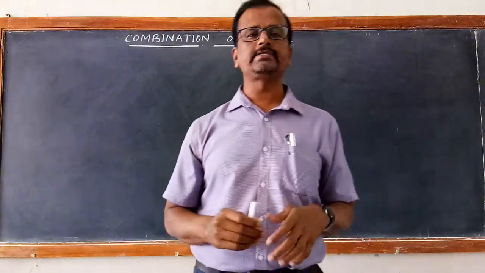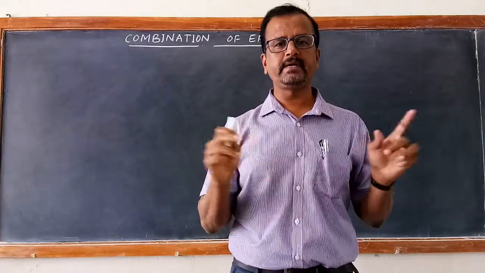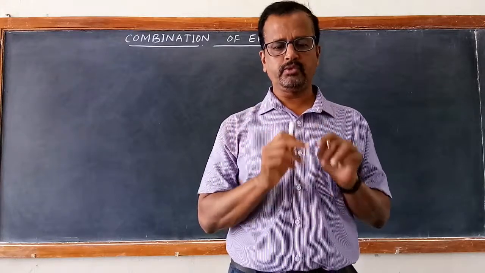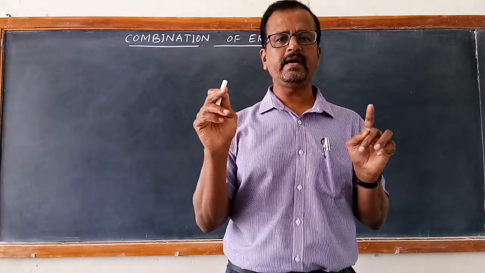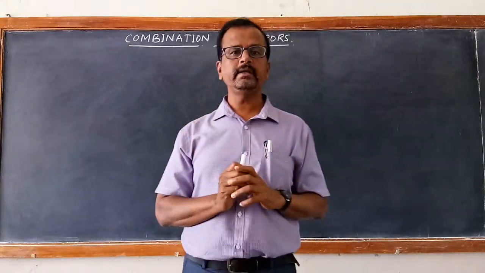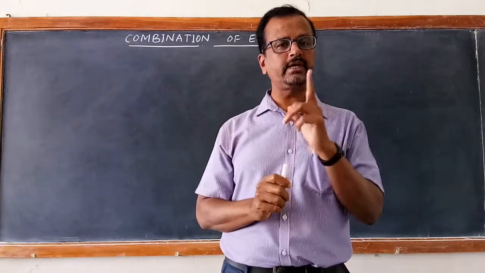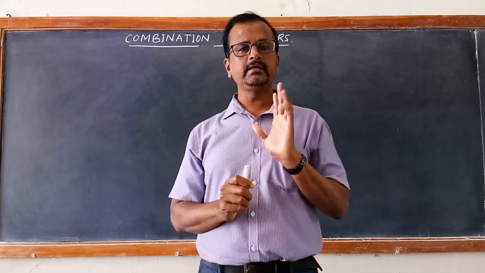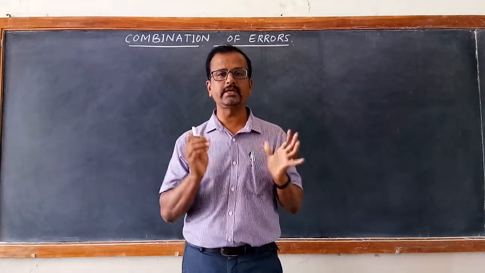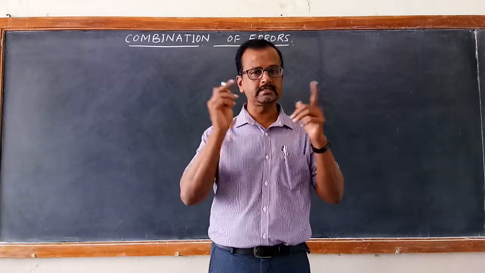Suppose there are two quantities to be added, like perimeter of a rectangular area. Perimeter of a rectangular area is 2 times the length plus 2 times the breadth. So when you measure length 2 times and breadth 2 times and add it, that gives us the total perimeter of a rectangular surface. Error will be there in the length also, error will be there in the breadth also. Then whenever two quantities are to be added, how to calculate the total error in the result?